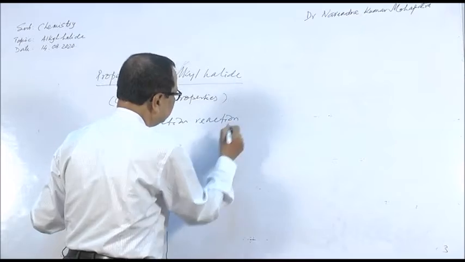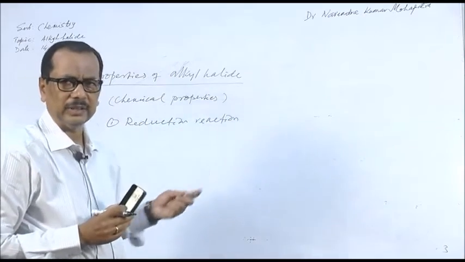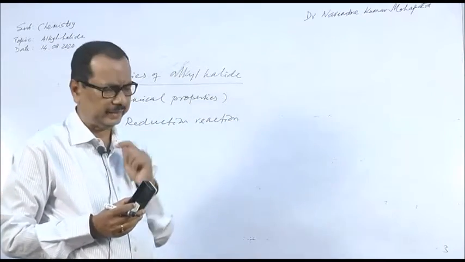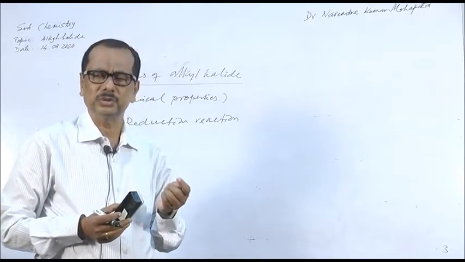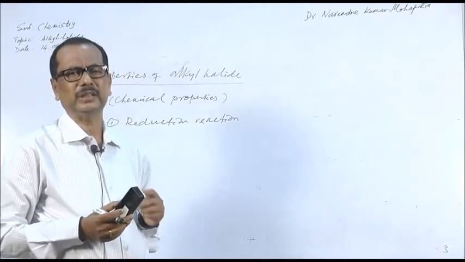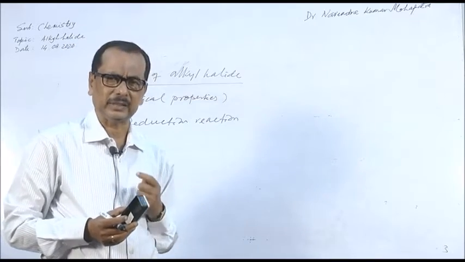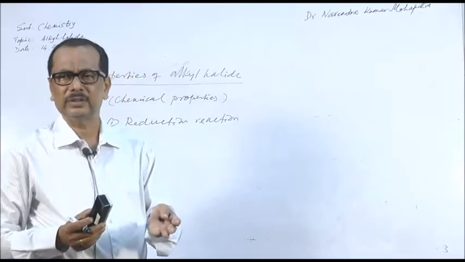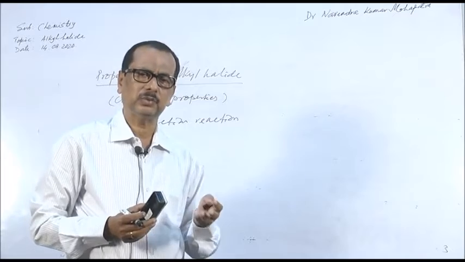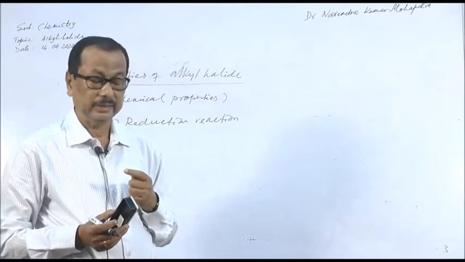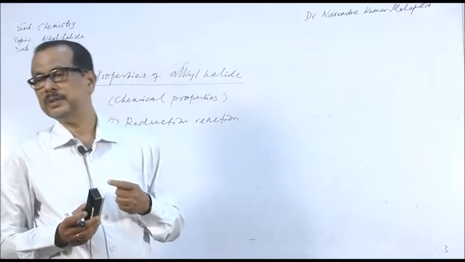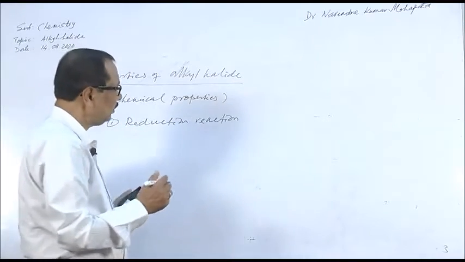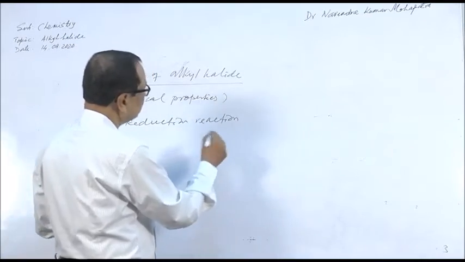So reduction is addition of hydrogen. You know that when alkyl halide is treated with a reducing agent of various types, in organic compounds we use a number of reducing agents like hydrogen in presence of platinum or palladium, or tin in presence of HCl, or lithium aluminum hydride, or sodium in presence of alcohol. All these reactions you can say